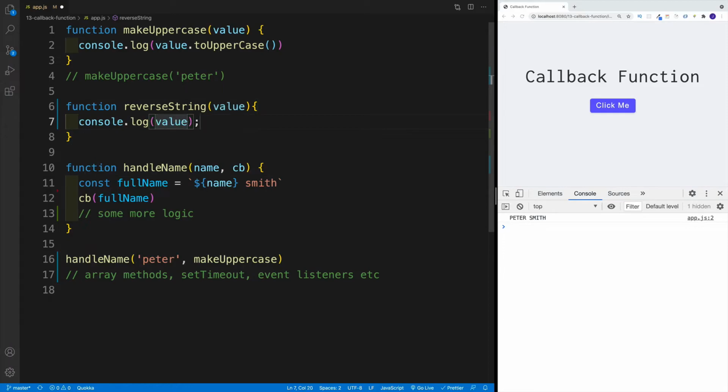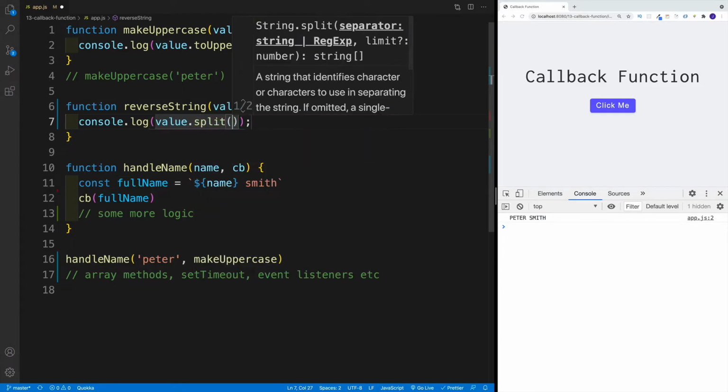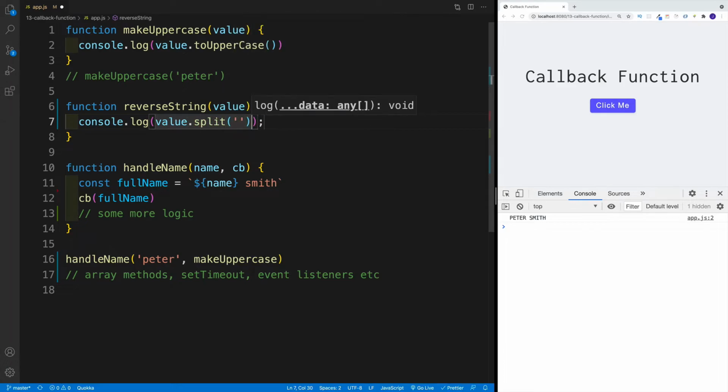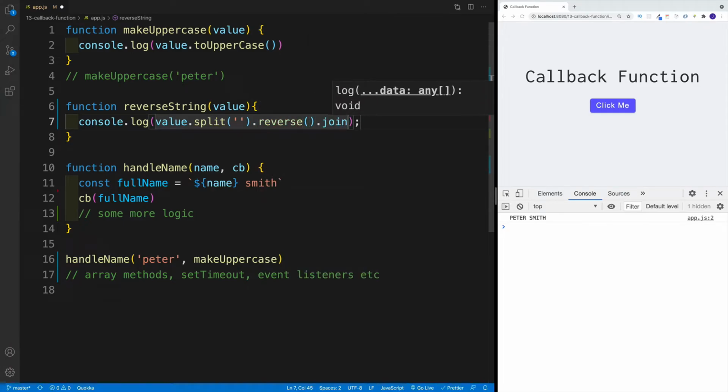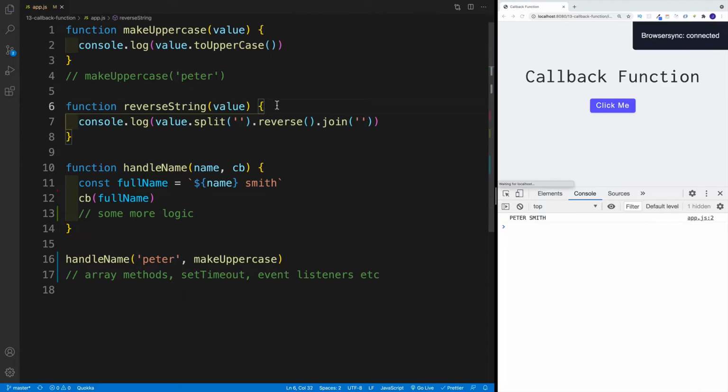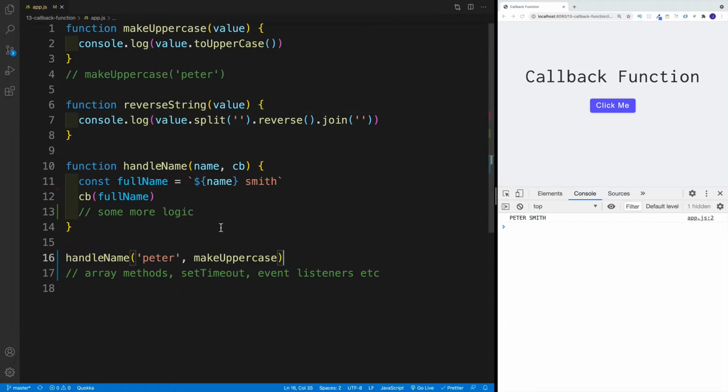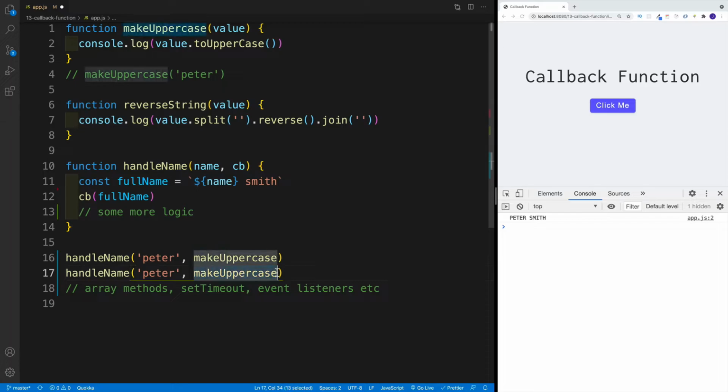And in this case, I'll access the value. I'll use the split method, which essentially turns this into an array. And then I'm going to go with the reverse. So now we're reversing an array. And then finally, let's join it back to the string. And for the join, I'm just going to pass in empty quotation marks since I don't want to have the commas. And now you notice that if I copy the handle name and instead of passing in make uppercase,